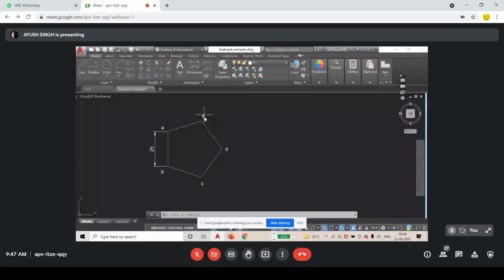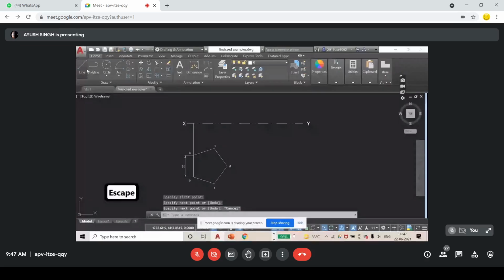Now what you need to do, corresponding to the top view, you have to draw the front view. Because the shape was given in the top view, that's why I drew the top view first. Now I have to see what is the front view. So what I do, I will take projections from here, projection from here, and projection from here.